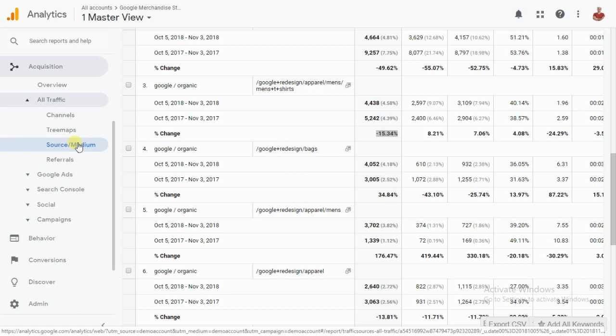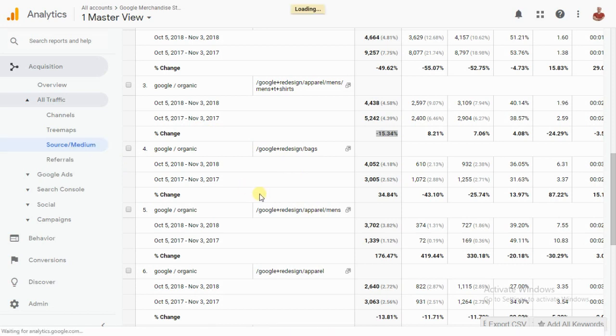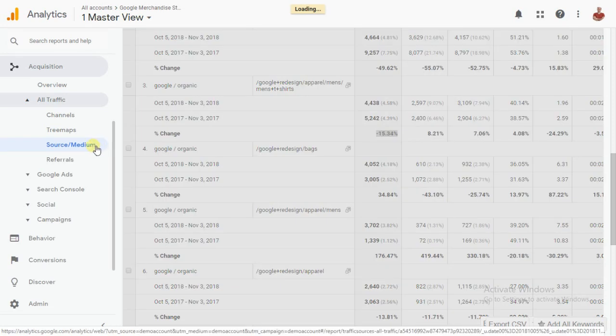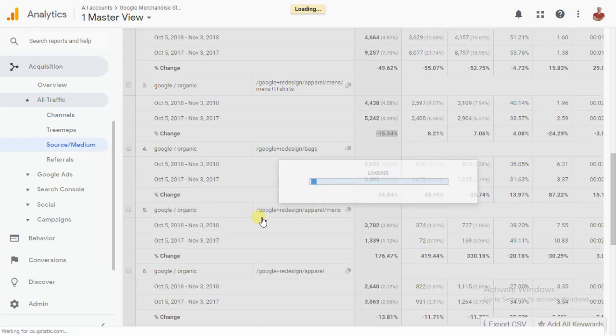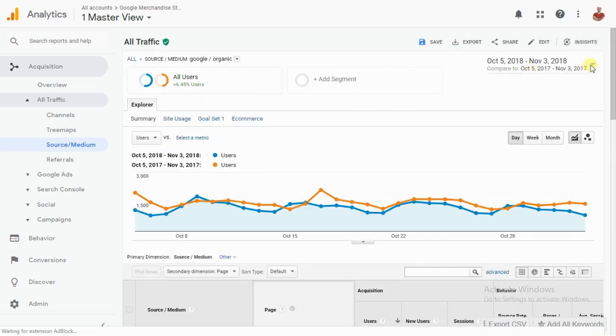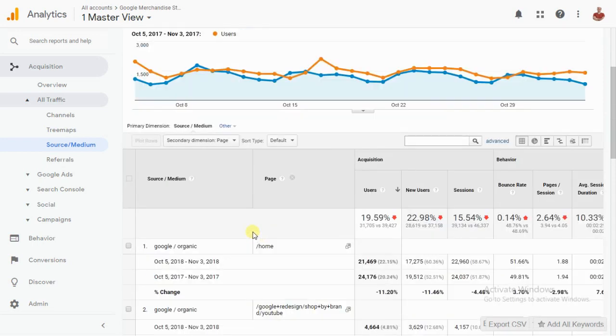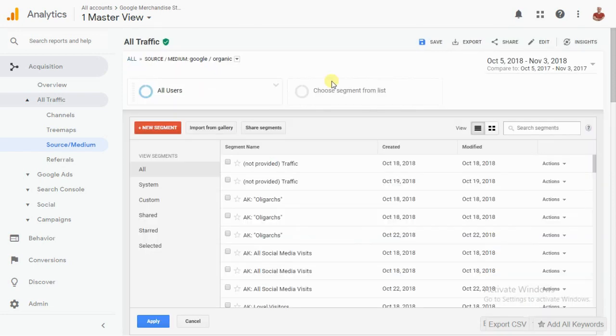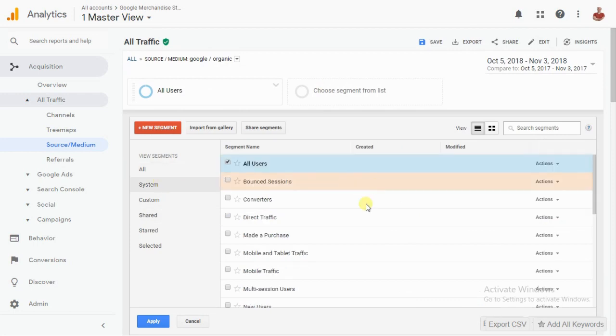And another interesting thing I want to show you is, when I turn back to source medium page, you can use the segmentation approach to see, let's say, how each channel is performing for mobile devices. Let's say as an example, actually I'll just change here the secondary dimension, or I can leave it like this, and I'll just add the mobile traffic,